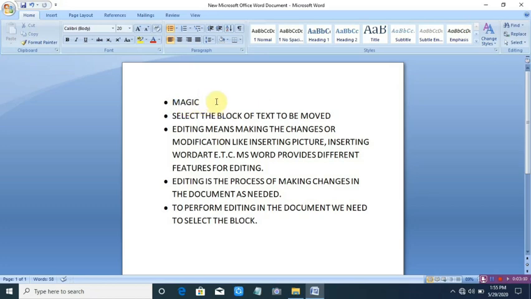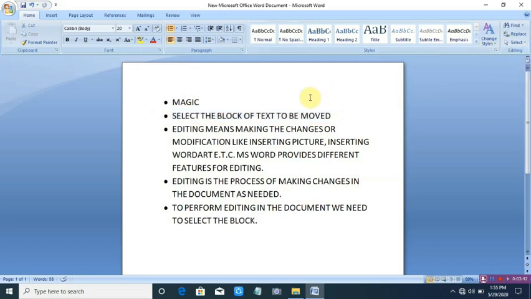Next is, अगर हमें कोई line select करनी है. Suppose I have written this line. अगर मुझे ये पूरी line select करनी है, so how we will do? Click in the front of the line to be selected, keeping the pointer in the left margin. Okay, तो simply I'll यहाँ पे pointer करके double click and drag it. So this way we can select a line.